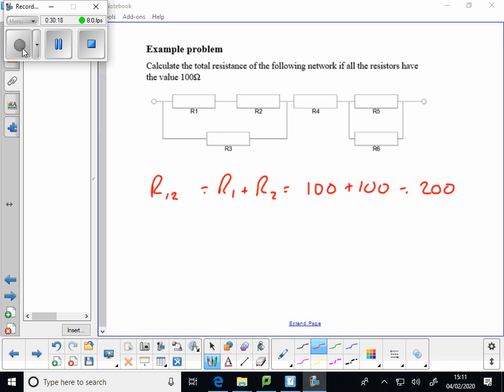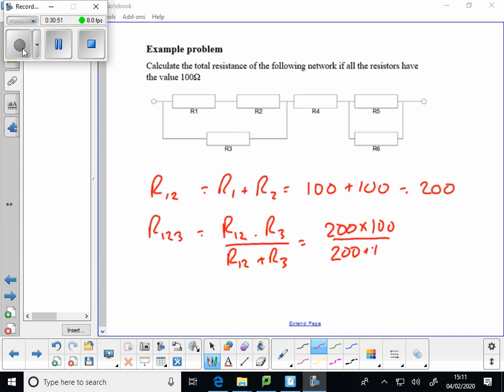And the next thing, product over sum with R12 and R3: R12 times R3 over R12 plus R3, which is 200 times 100 over 200 plus 100 equals